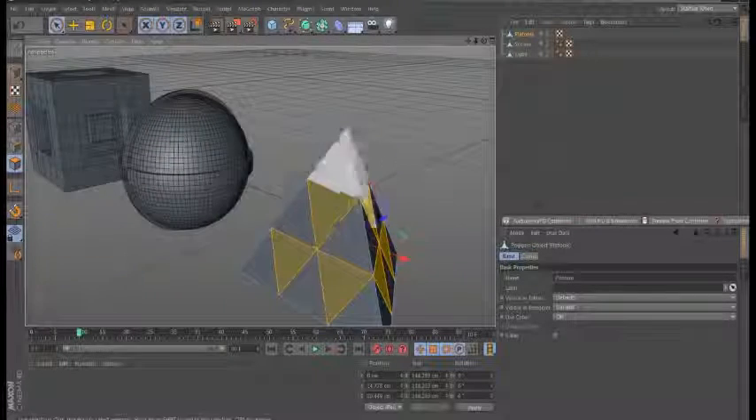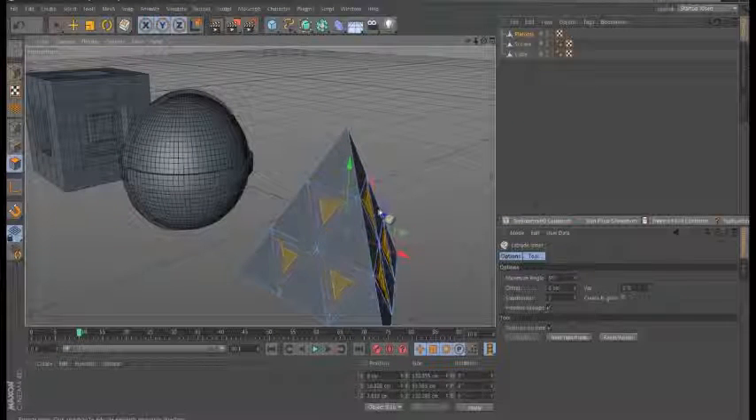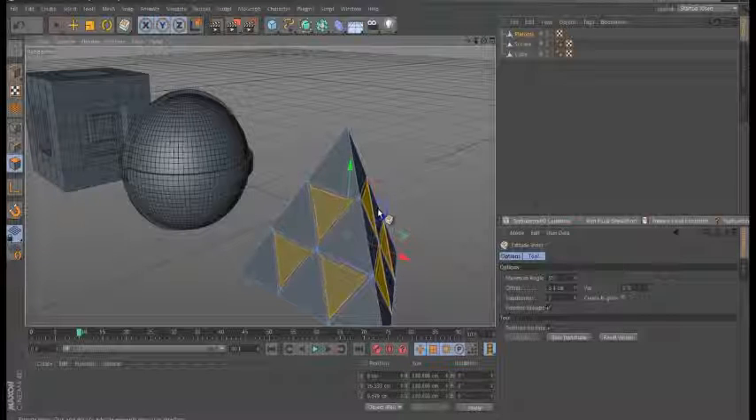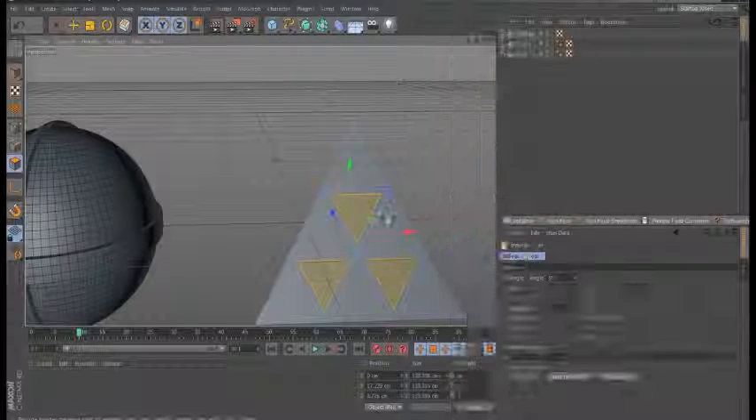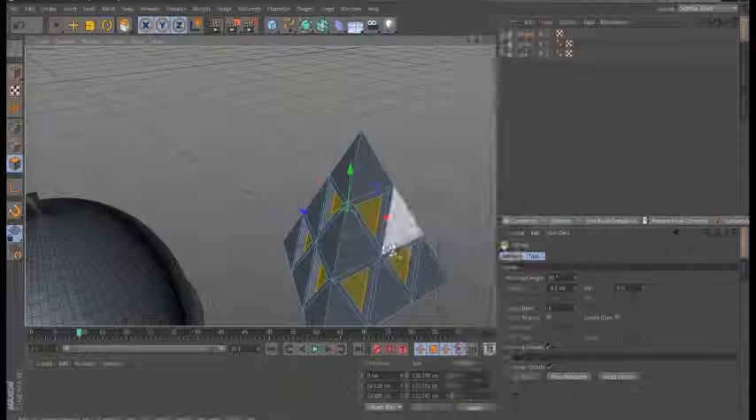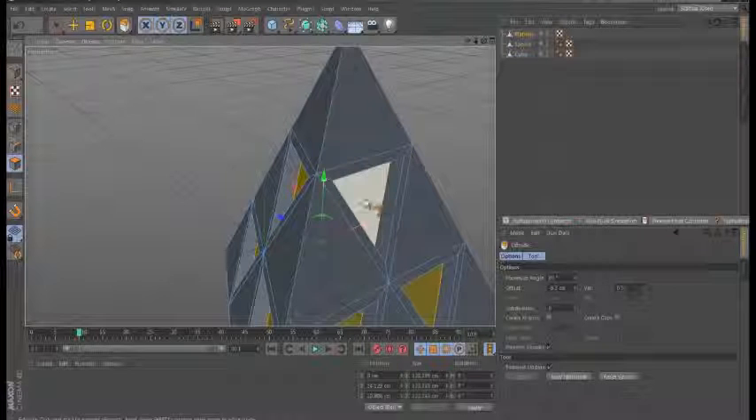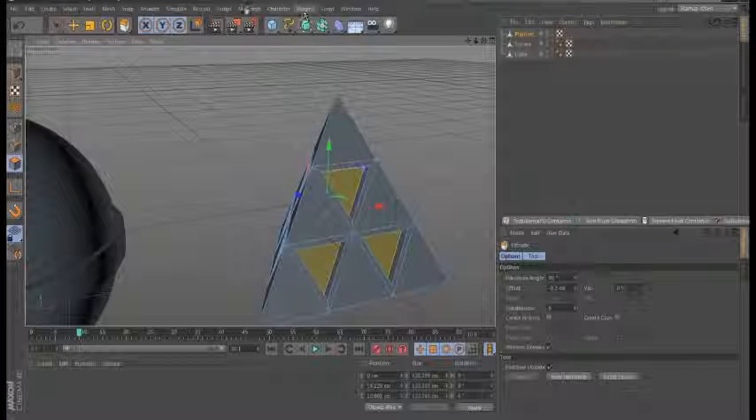So we got this. Now when we go to extrude inner, they extrude like this, which I think would be pretty cool. So let's go in like that. Extrude it in. Actually, this would be pretty good. Next thing is, I wanna have these glow eventually. So I'm gonna go to